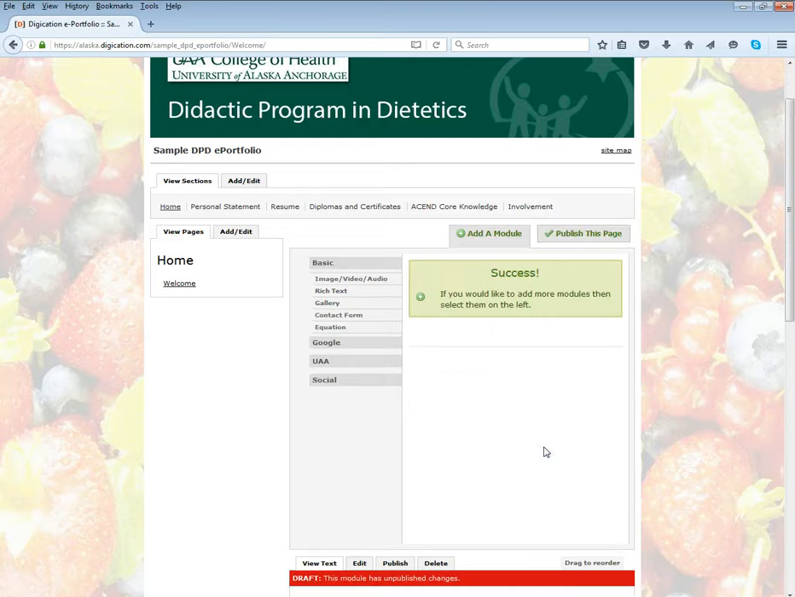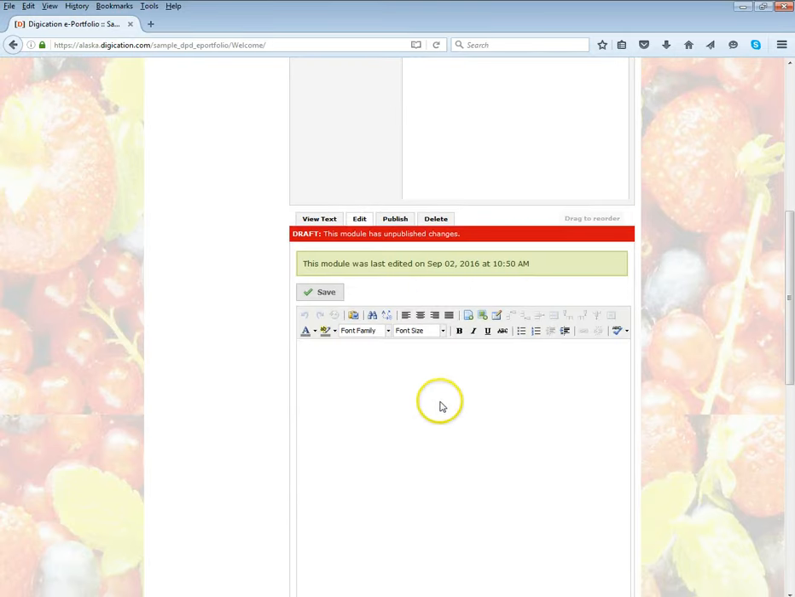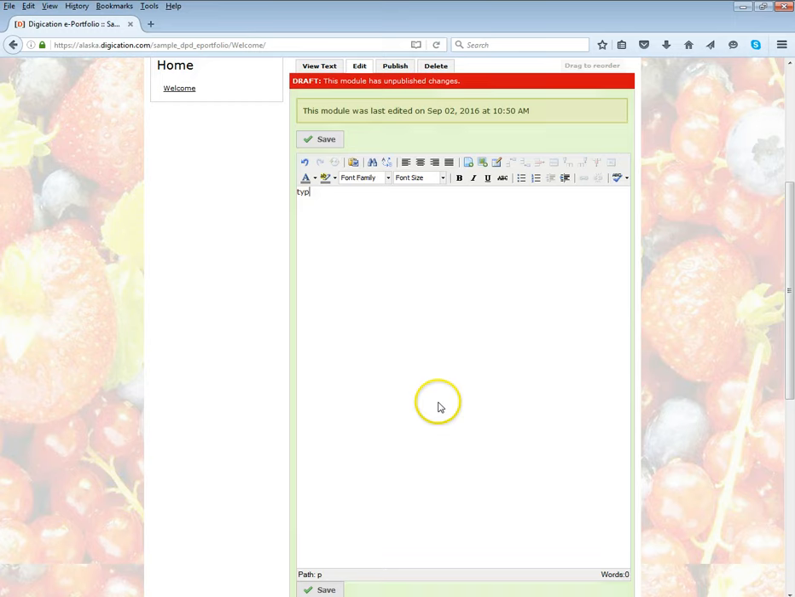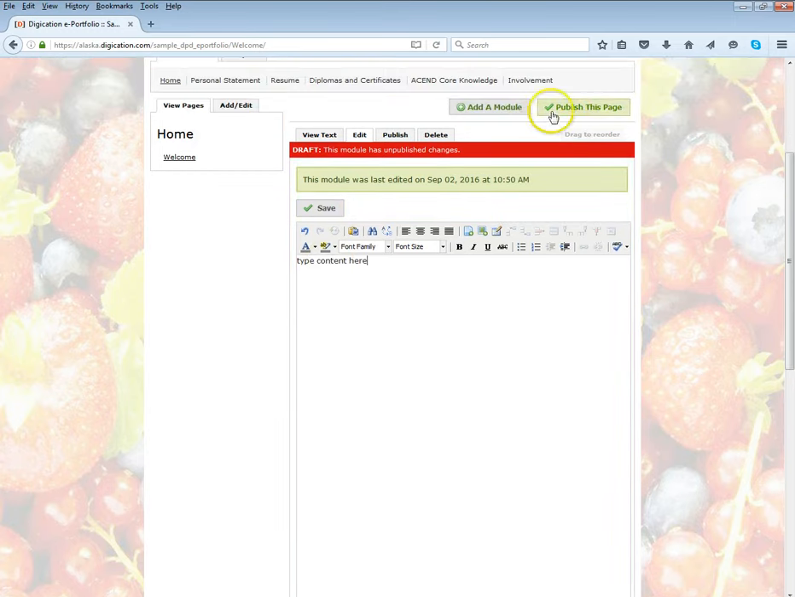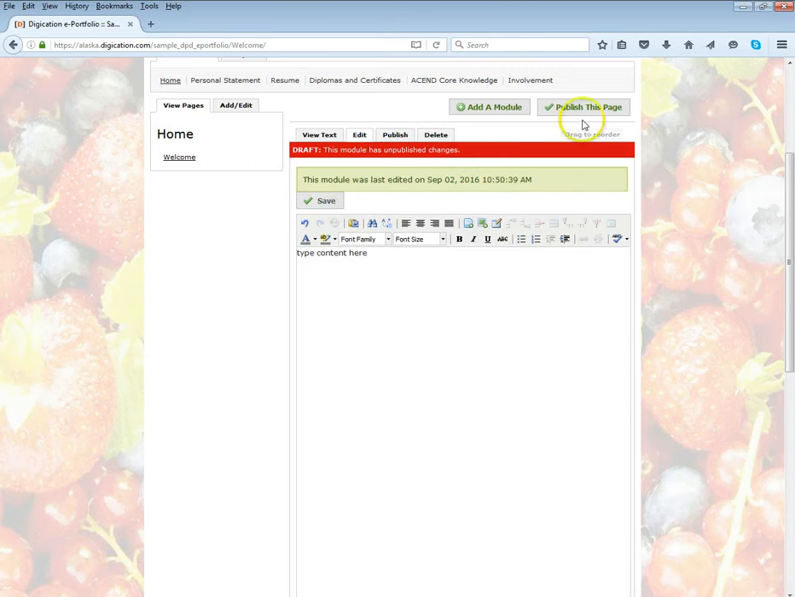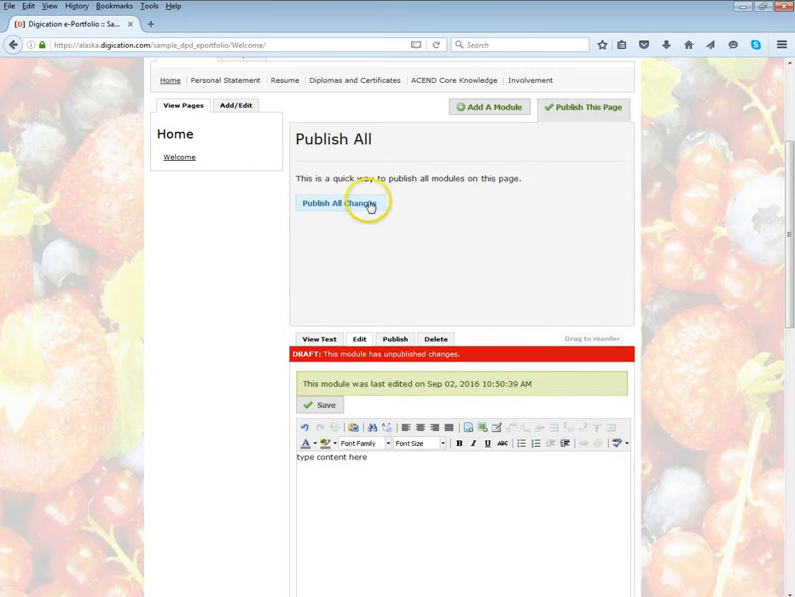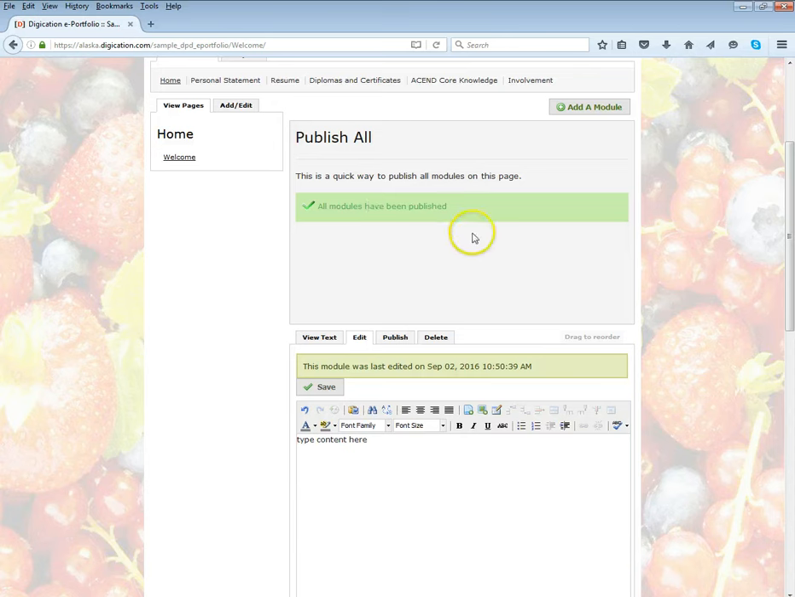You would just click add this module, and then you'll see you have an area that you can type your content here. And again, once we're done with that content, we're going to want to save that, and then we're going to want to publish that page and publish all changes. Other modules that you can add include things like video, media, images,